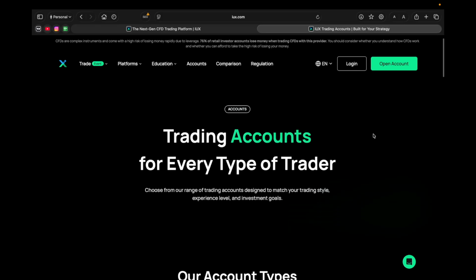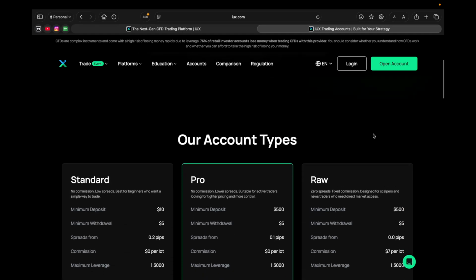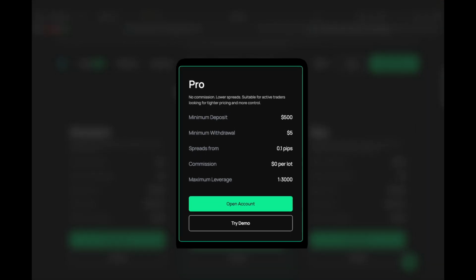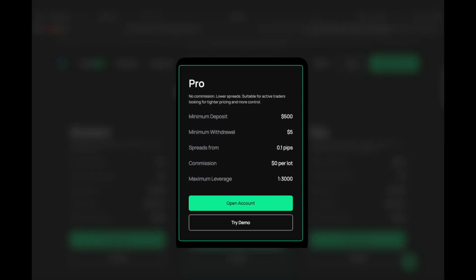IUX trading account for every type of trader. So let's look at the account. Standard account, minimum deposit $10, minimum withdrawal $5, spreads from 0.2 pips, commissions $0 per lot, maximum leverage 1 to 3,000. The Pro account, minimum deposit $500, minimum withdrawal $5, spreads from 0.1 pips, commissions $0 per lot, maximum leverage